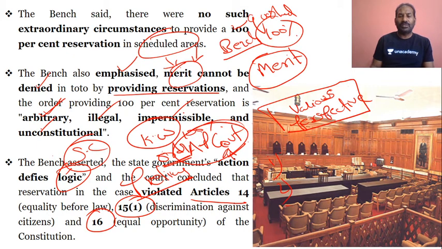Article 1, 2, 3, or option 2. So it is Article 14, Article 15(1)